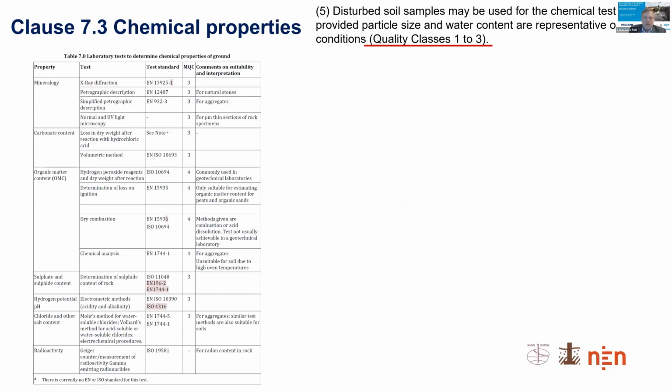A note about chemical properties is that we can use disturbed samples, and here they identified this aspect, saying that we can use quality classes from 1 up to 5, up to the point in which they are representative of the soil